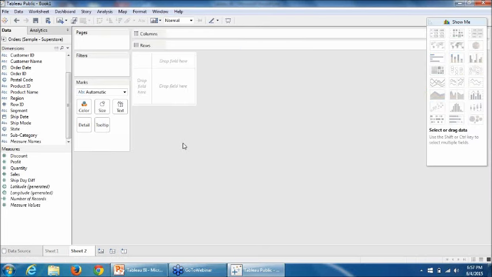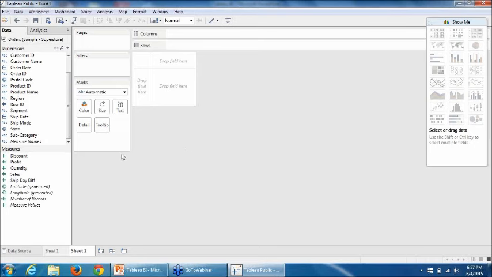Now, one of the biggest and most important features in Tableau is the spatial view, where you can view the data points on a map. For a map to be created, it is very important that we have data elements that would be identifiable on the map.